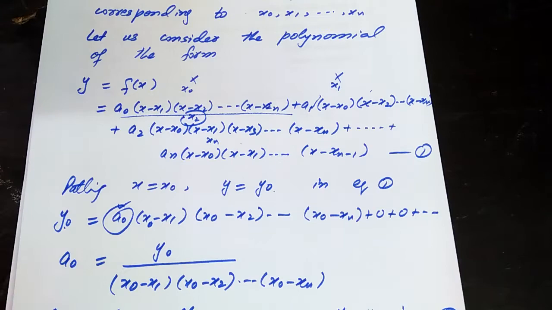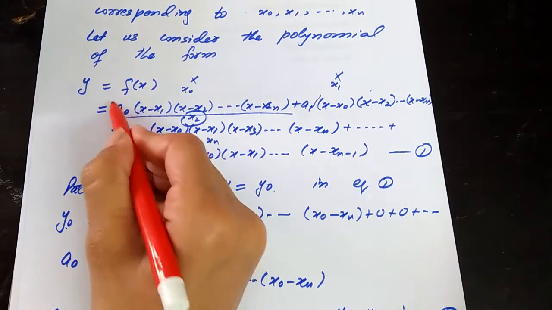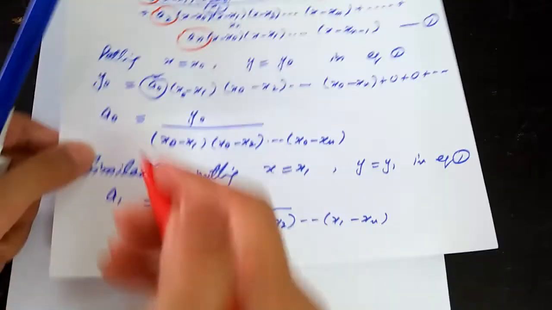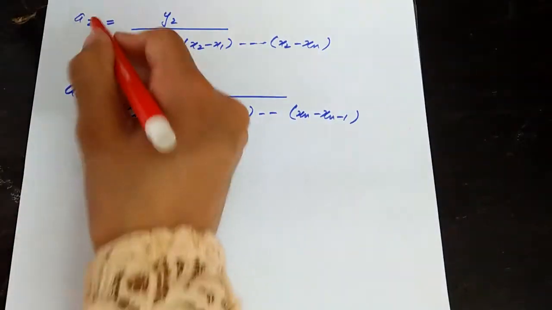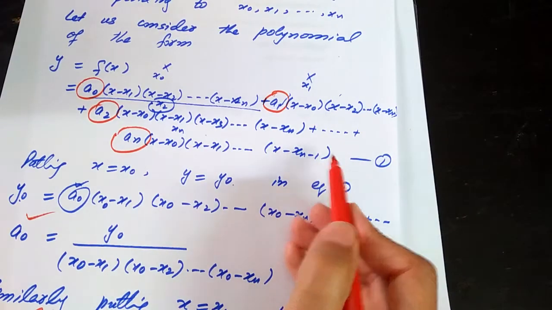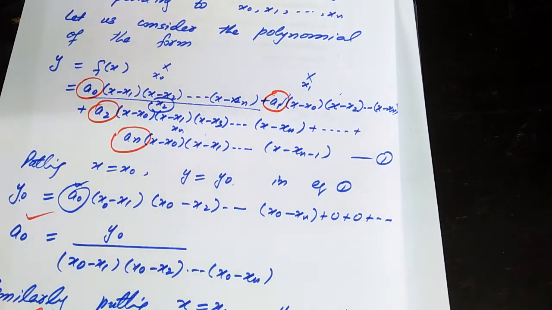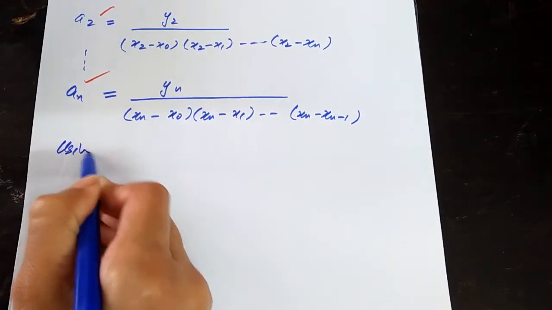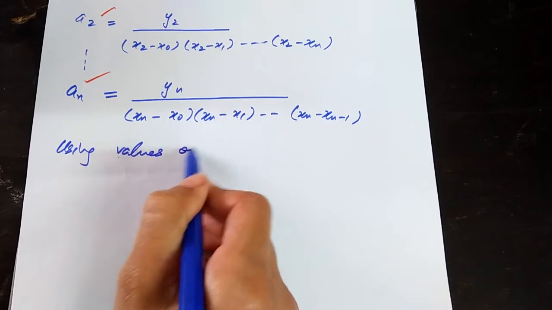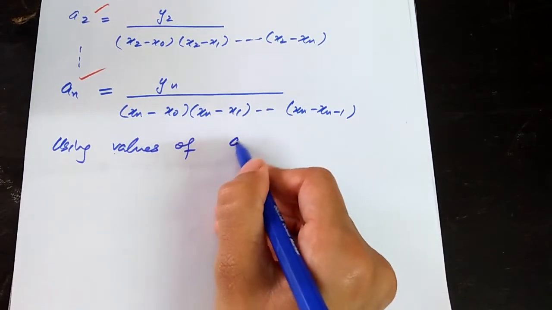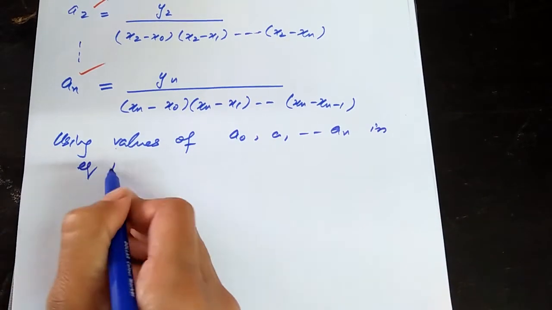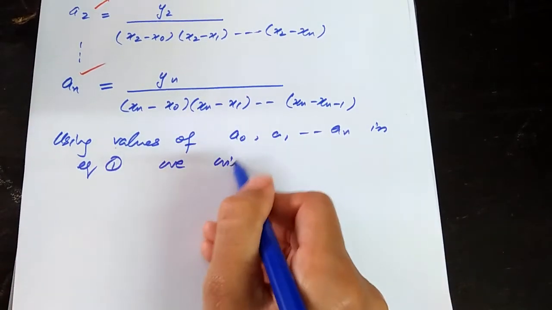Now you have got all the values of these coefficients. Which coefficients? a0, a1, a2, up to an. Using all these values of coefficients in equation number 1, we will get the Lagrange interpolation formula. So, using the values of a0, a1 up to an in equation number 1, we will get